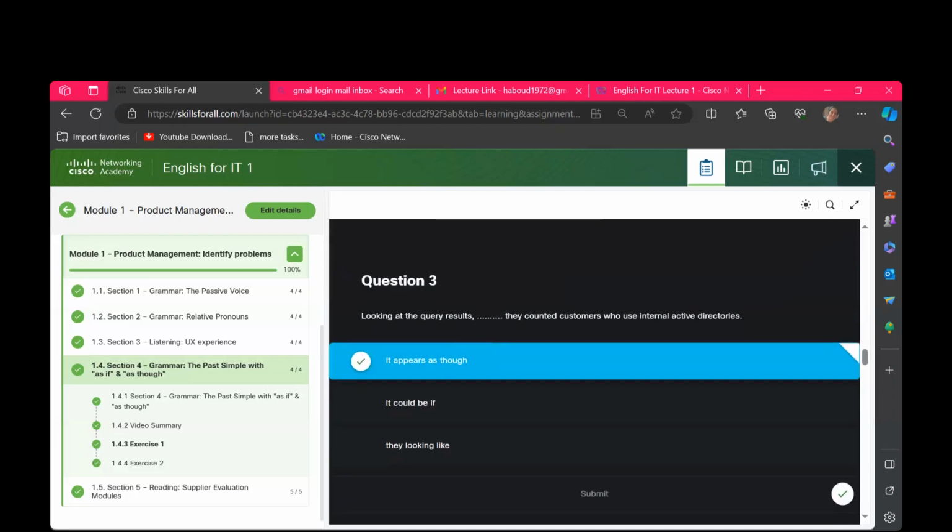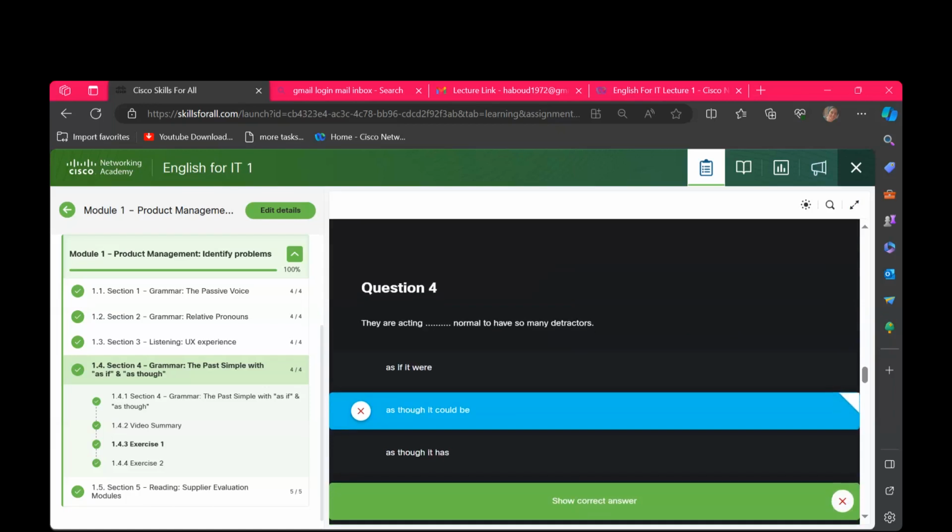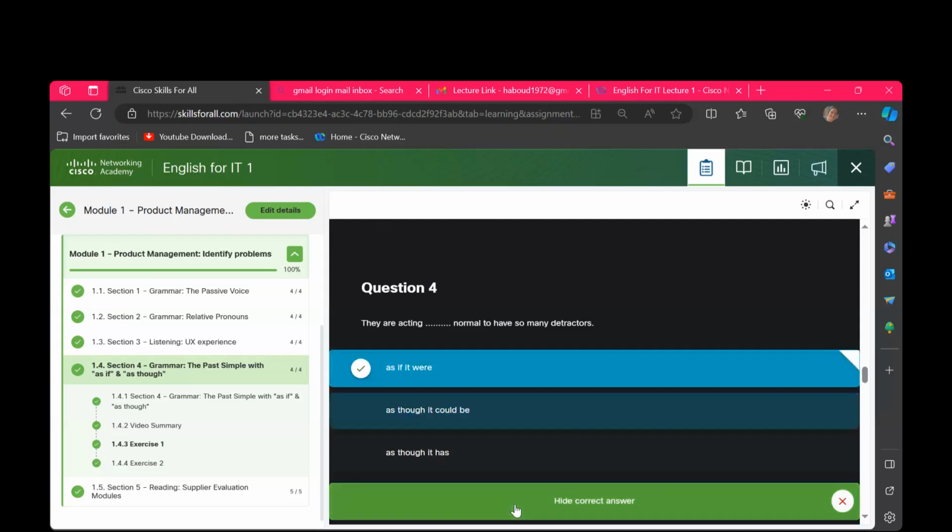Question number 3, looking at the query results. الإجابة الصحيحة تبقى إيه؟ It appears as though. ليه اخترت دي؟ لأن هيجي بعدها they counted customers. Counted، simple past. Okay? Next, question 4, they are acting as though it could be ولا as if it were ولا as though it has. What do you think? ها، دي إجابة غلط، مين يصحح معايا؟